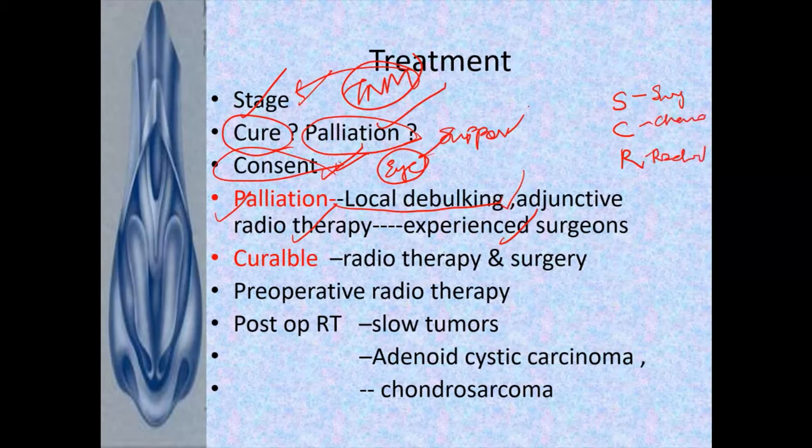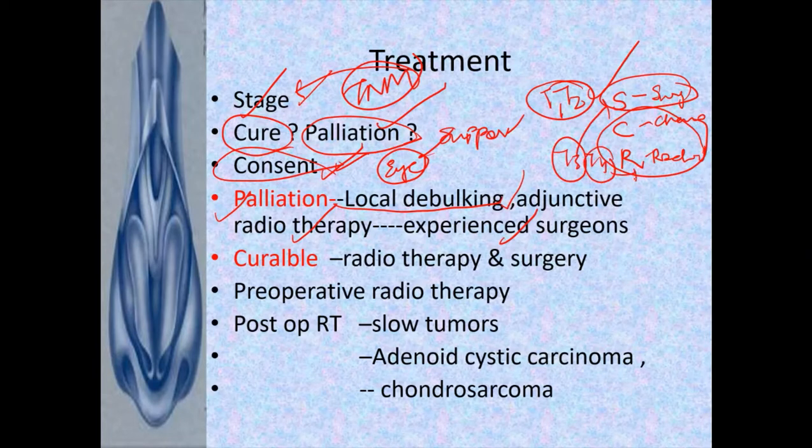For later stages, you have to go for chemo and radio. For early stages, you can go for surgery. T1 and T2, you can simply go for surgery. For T3 and T4, some T3 you can go for surgery, but for T4, radiotherapy and chemotherapy are better. If needed, go for surgery followed by chemoradiotherapy. Anything can be done for anyone, but you have to select selectively. Sometimes you go for pre-operative radiotherapy itself.